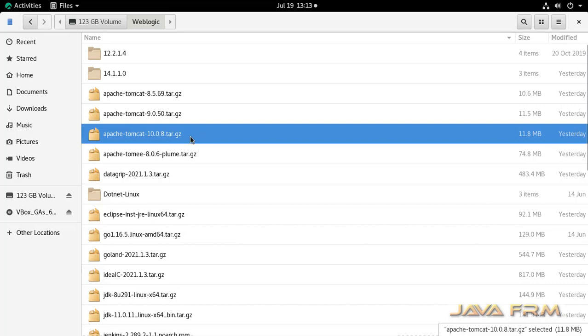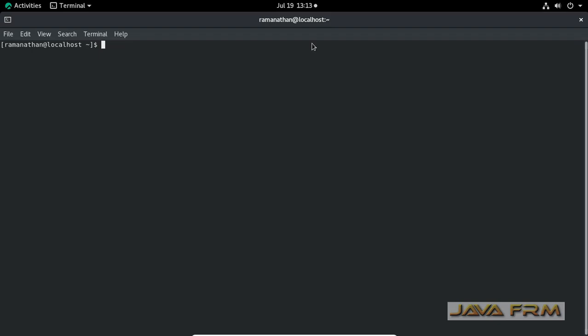Here you can see that I have downloaded the Apache Tomcat tar.gzip file. I am going to extract this Tomcat 10. This will be a very simple installation. Before proceeding to the installation, I am checking whether the JAVA_HOME environment variable is available.